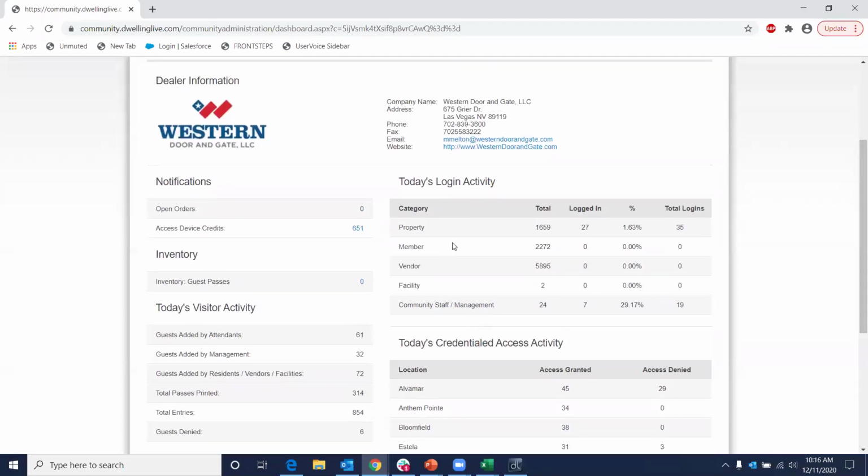It's also a good way of getting an idea for what percentage of resident engagement you have. This particular community is what most would consider a high maintenance community. When they first implemented Dwelling Live, they were expecting about a 30% resident engagement as far as residents managing their own guest list. You can see here so far today, 61